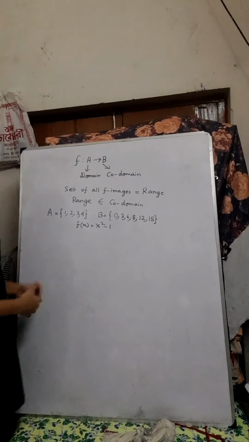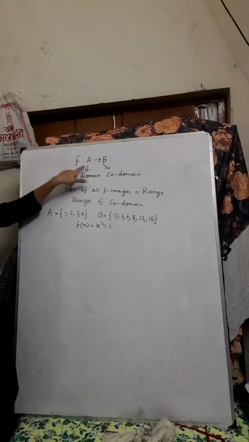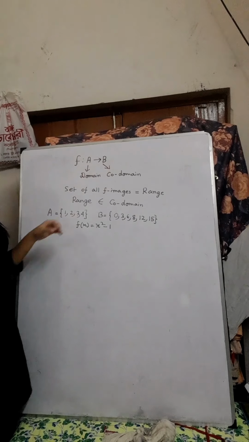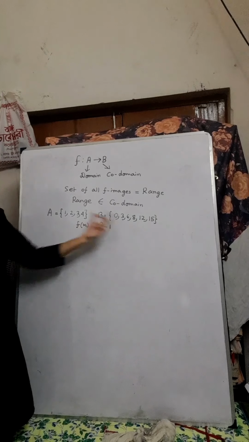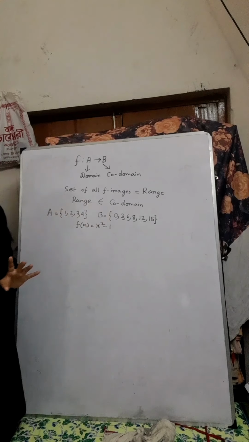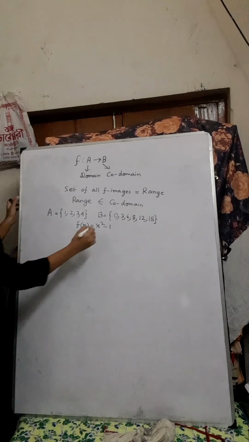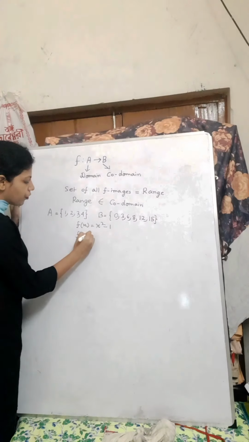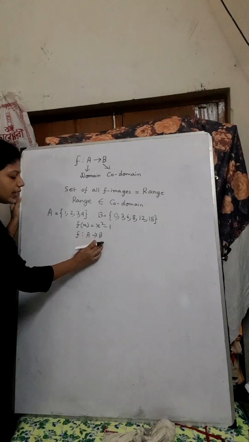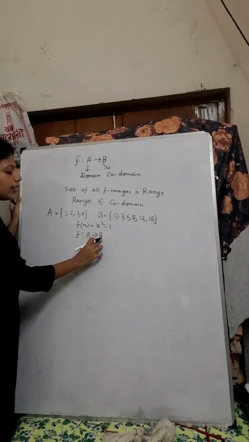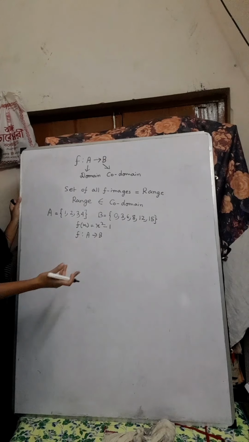Now I will discuss the domain, codomain and range part. So domain, you know, is set A, codomain is set B. Now what is the difference between range and codomain? If I take this one, A and B, two sets are given here, both of them non-empty, you can see. f(x) equals x square minus 1, and one function is given, f from A to B. Whenever it is given that f is from A to B, that means A is the domain and B is the codomain. But from here we can't say what the range is, so we have to find it out.